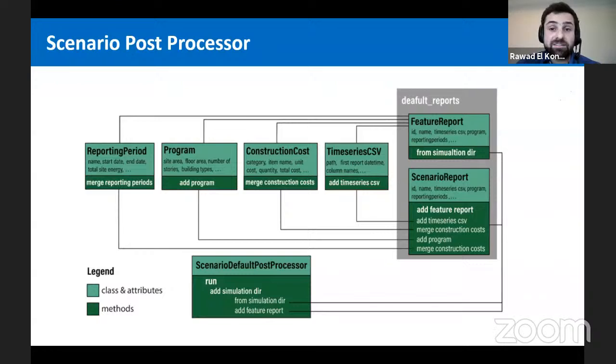So for example, in the feature report, we have these different sections, which are the construction cost results, program results, and reporting period, which is a section that has all the energy results for a specific period. And I want to mention here that the users can modify the schema in order to include or exclude results as they wish.